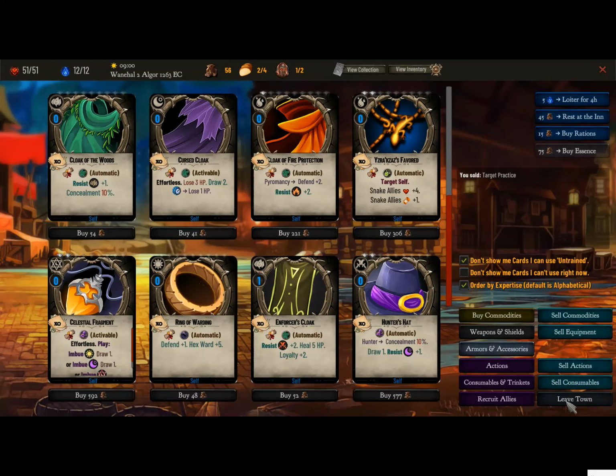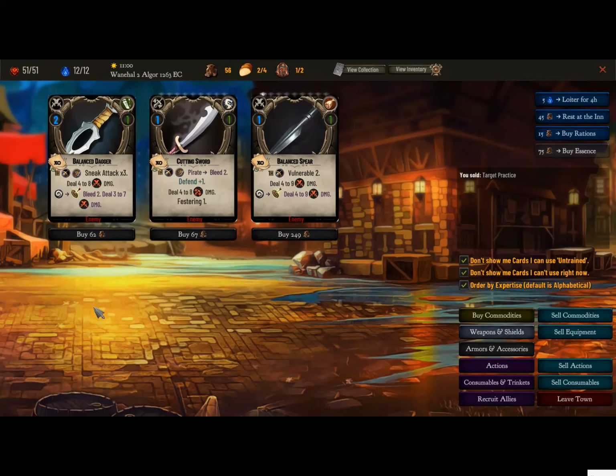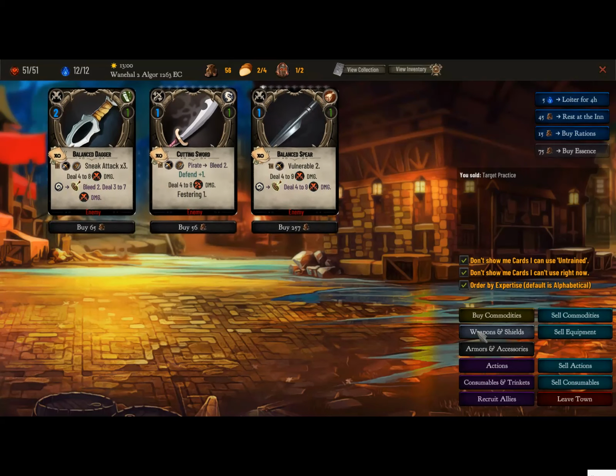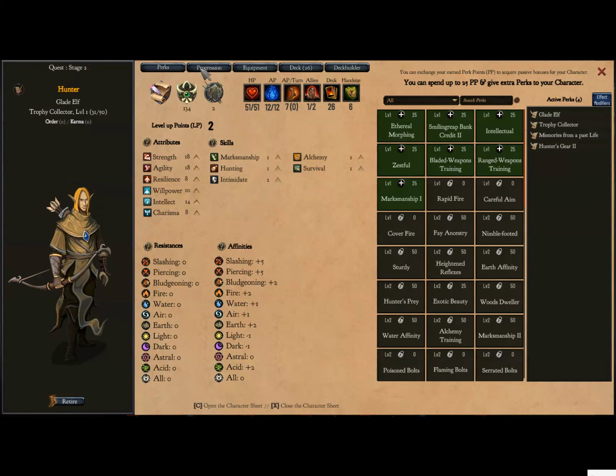All right, I think that's it. Let's just check weapons real quick. Let's do. Don't show me cards I can't use right now. Oh, these are all expensive. What if I refresh it? Nope. Oh, goes down to 56. I'm not a pirate though. Let's do it. Because we can dual wield and